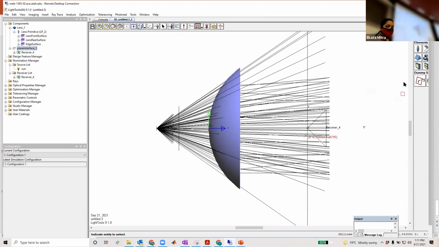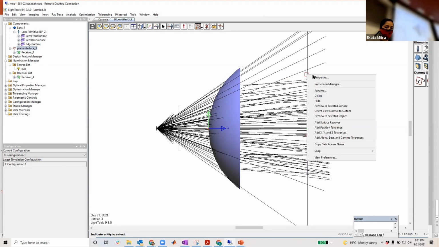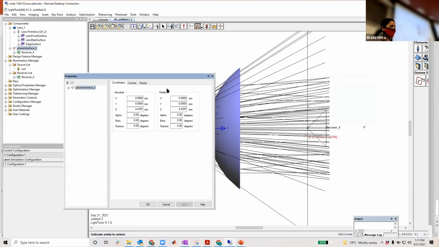You are getting weird results because I am doing something random. But if you are going to place this receiver on the front side, you can again do this. How? You are going to change the coordinate.